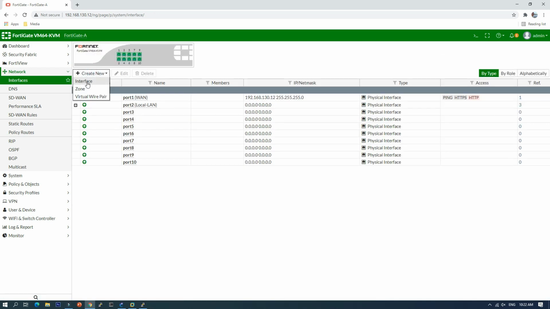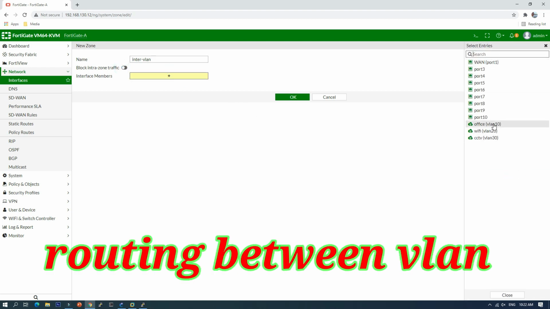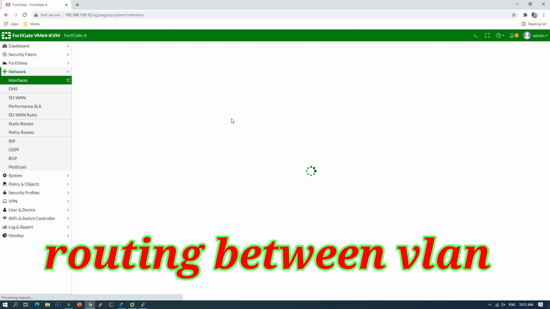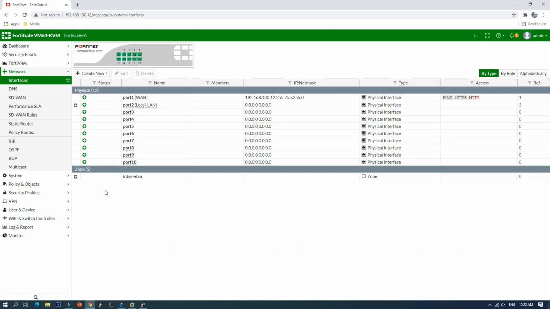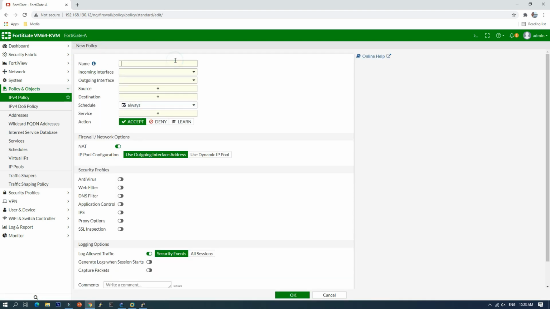And we do the inter-VLAN, with members 10, 20, 30. Okay, so we go to policy, IPv4 policy, and we create the rule for our clients to access the internet.